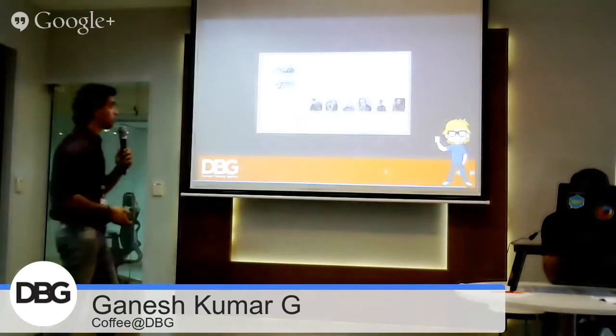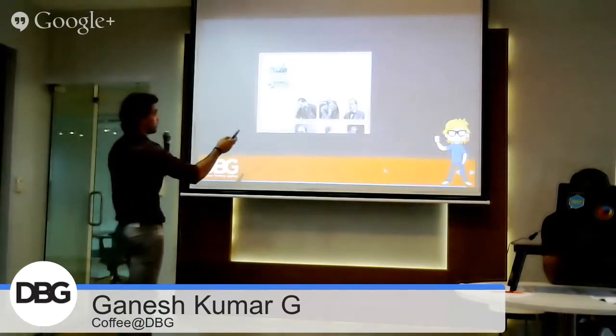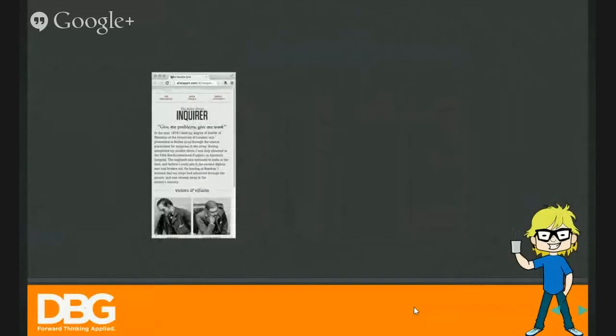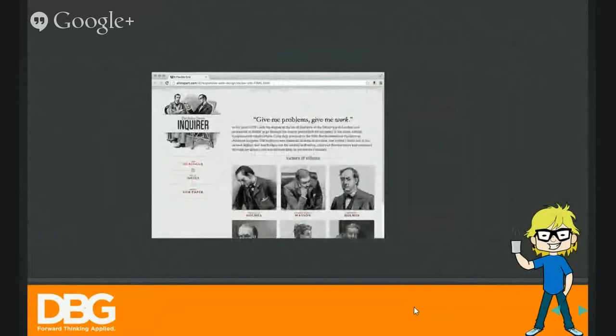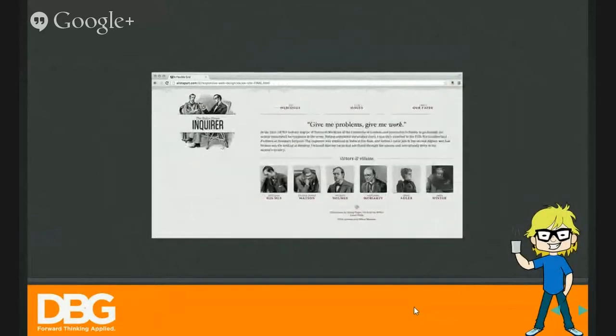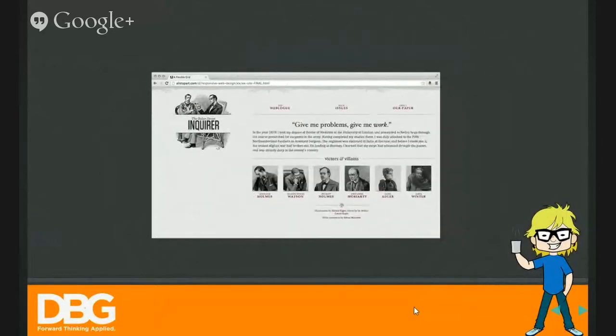This is an example. When we scroll or when we resize the window, the layout remains the same and content will break and realign.